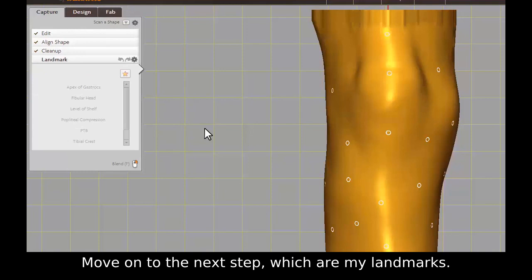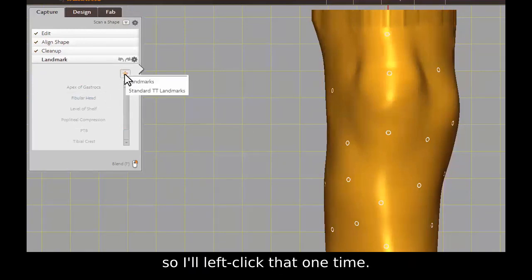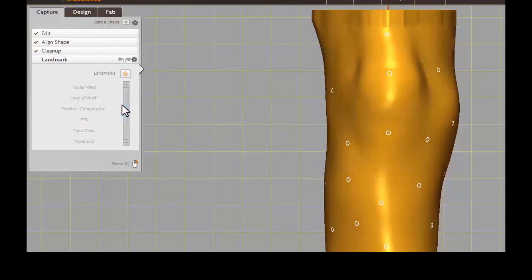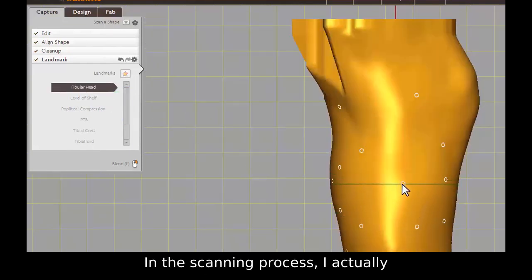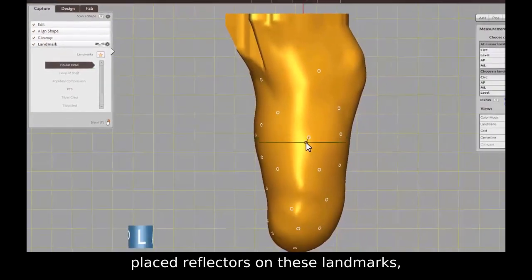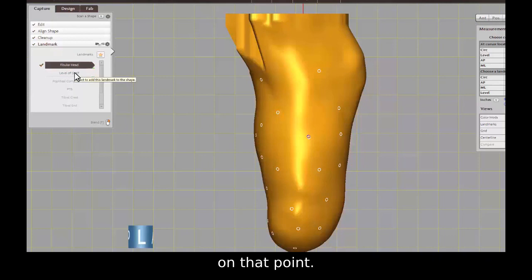Move on to the next step, which are my landmarks. In this step, we're going to click the gold star, so I'll left click that one time. We're going to switch to this landmarks option, highlight fibular head. In the scanning process, I actually placed reflectors on these landmarks so then I know where they are. We're going to double click and that will place a landmark on